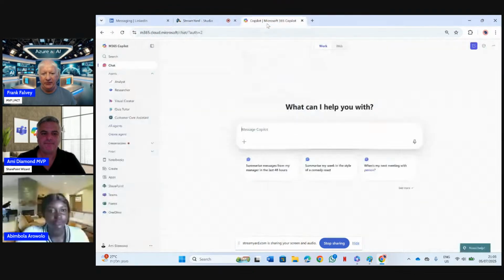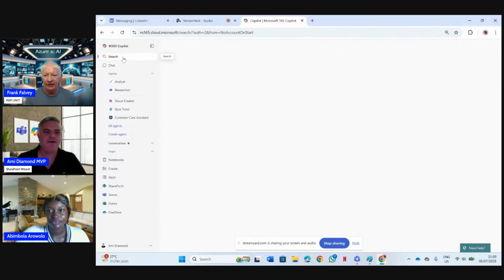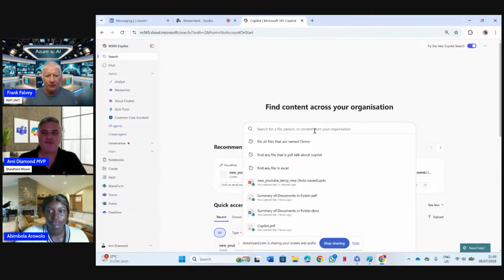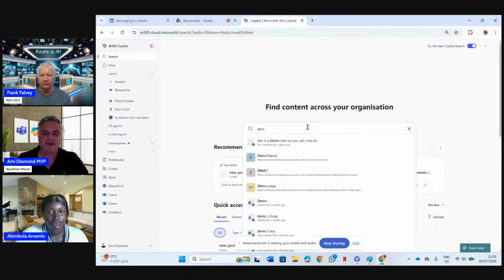So yeah, Amy, I can see your screen there. Okay. First of all, I just want to mention that this is a new search experience. How do I know this? You see this toggle that says try the new Copilot search. Now this search, if I look for something, can find me sites,